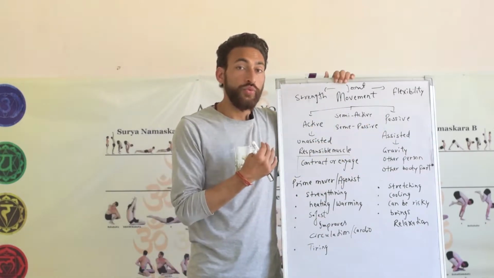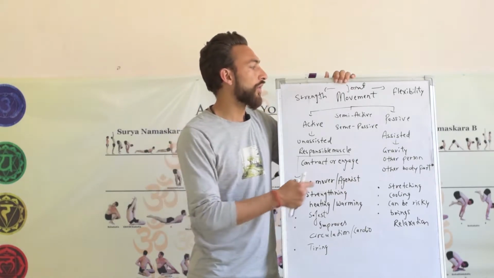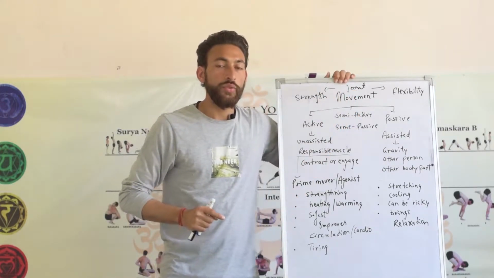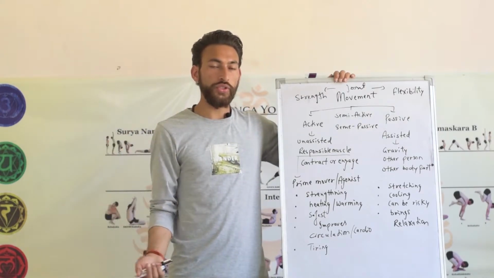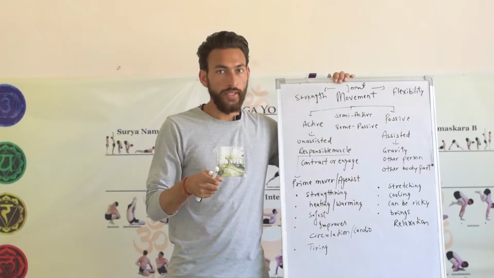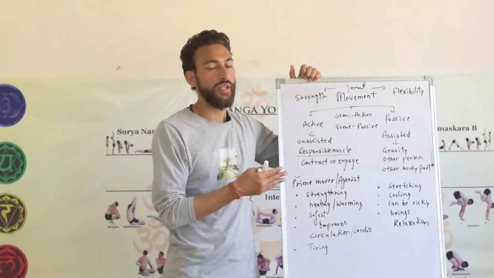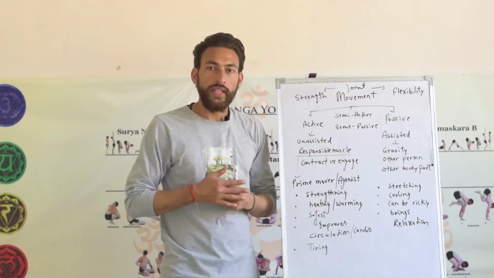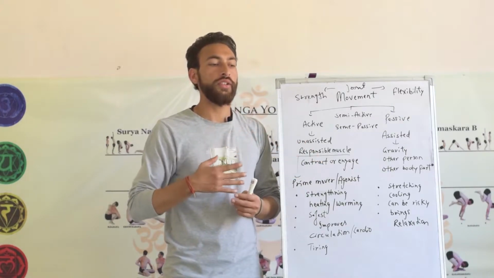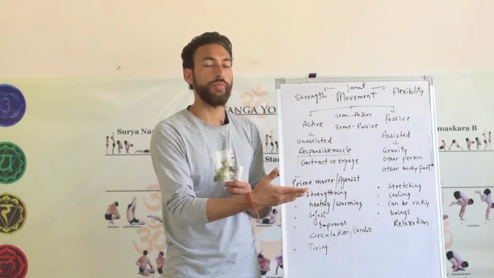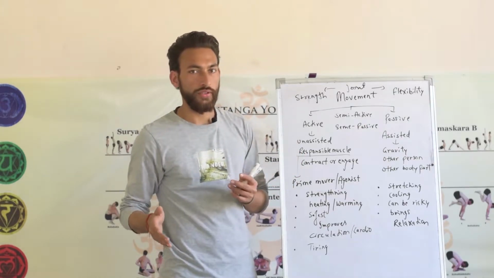Now remember, when I talk about movement, I'm not talking about overall position, neither am I talking about any asana. I'm going to talk about movement which belongs to a joint. We have already talked about this previously, that a position is a combination of many movements. If you talk about posture, whether it is active or passive, that is different than what I'm going to talk about here. If a posture is active or not will depend upon other factors. But right now, is a movement active or passive? Because in order to get into some position, you must have made some movement. Has it been active or has it been passive? That will decide the overall posture.